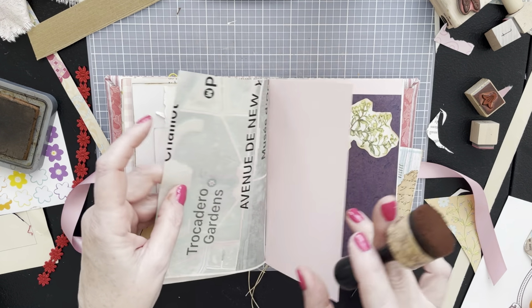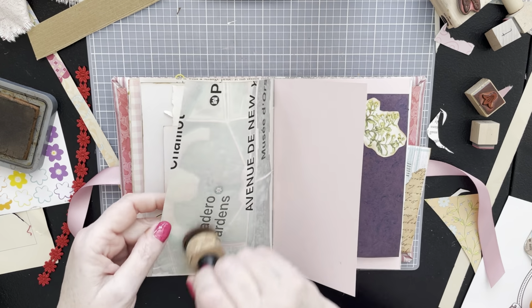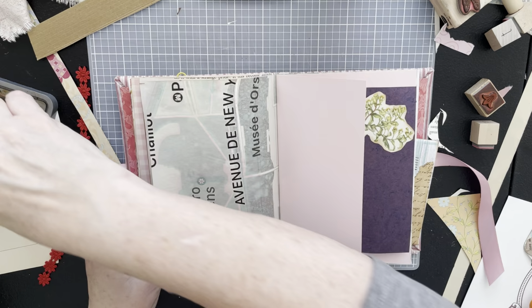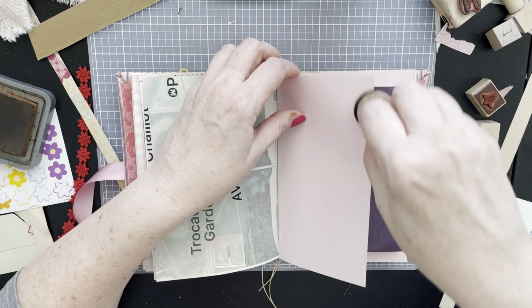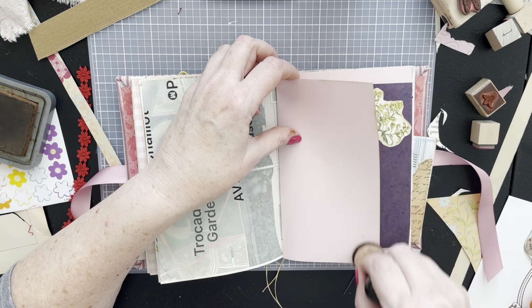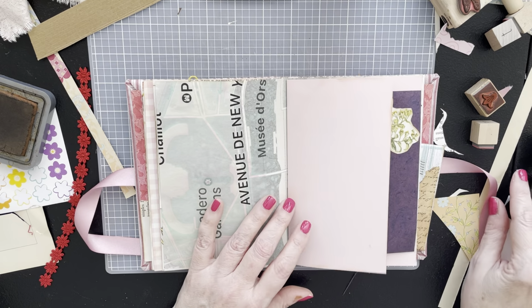And then this is from the Eiffel Tower pop-up page in red 12. This was a mistake map print, but I think it's still a cool piece of paper. It just didn't work in the book. I like that, I really like that. How about,